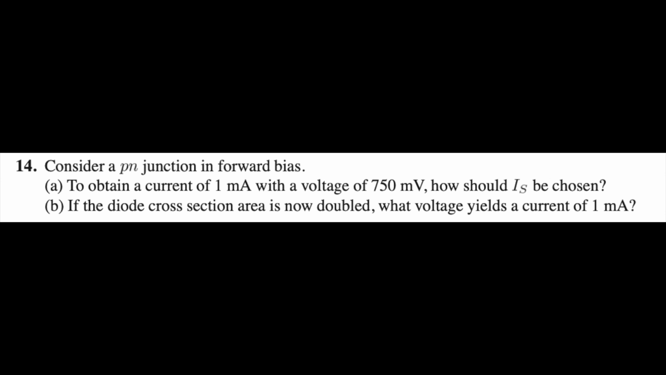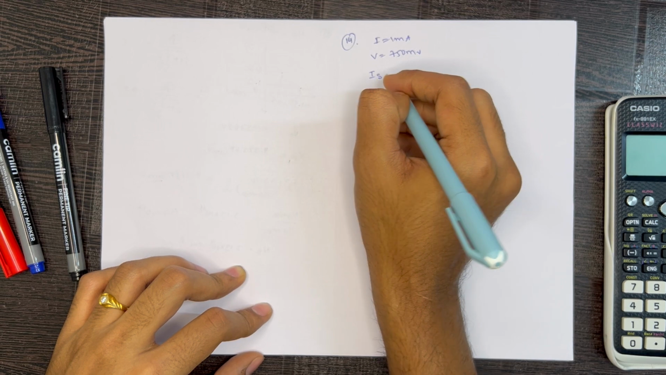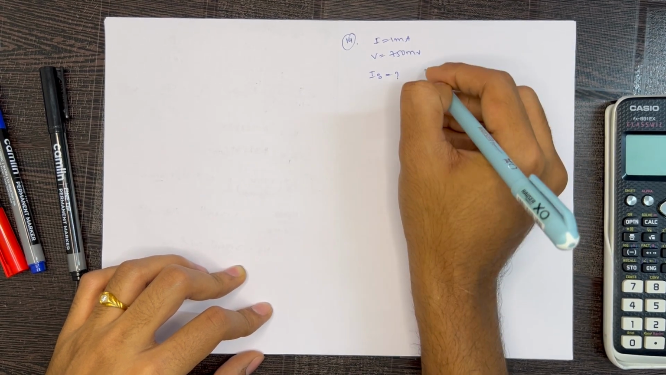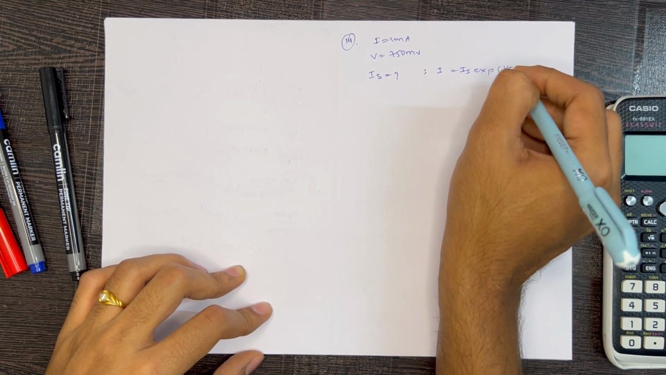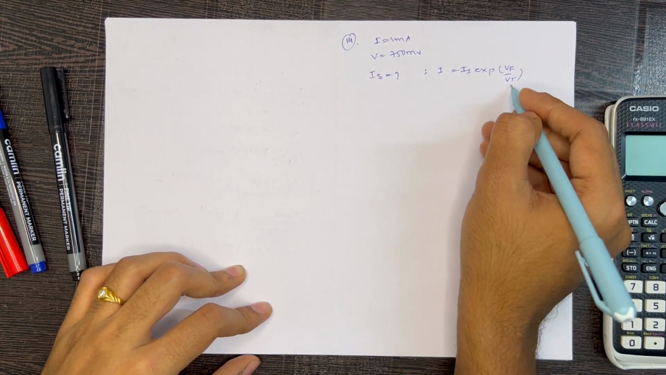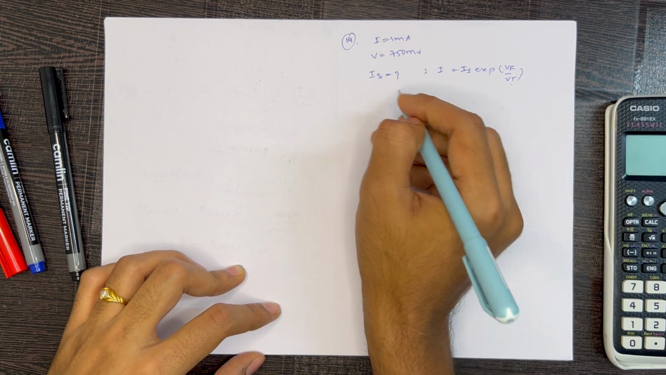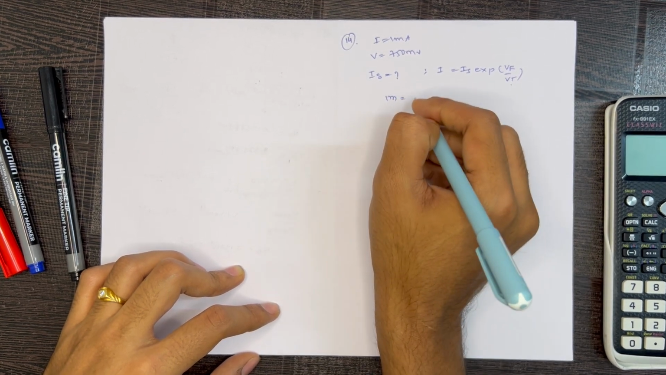It says to obtain a current of 1 milliampere with a voltage of 750 millivolt, how should IS be chosen? So IS we need to calculate. We know the diode equation I equals IS exponential of VF by VT. VT will be 26 millivolt at 300 Kelvin. Plugging in these values we get